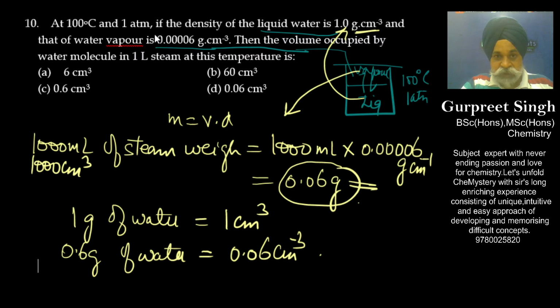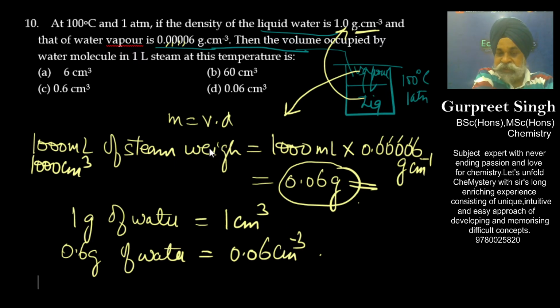I have taken 10 extra. I think 1, 2, 3, 4. Here it is 1, 2, 3, 4. It is perfectly right. So 10 to the minus 5, so it makes sense. Is it okay? I think the question is clear to all of you. So the answer to this question should be D.